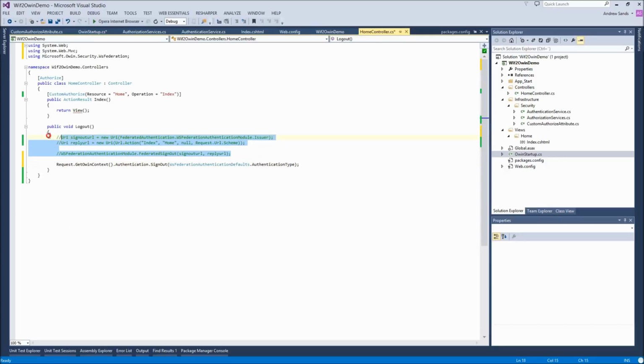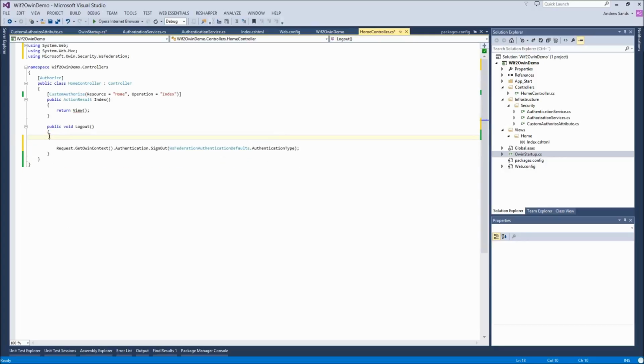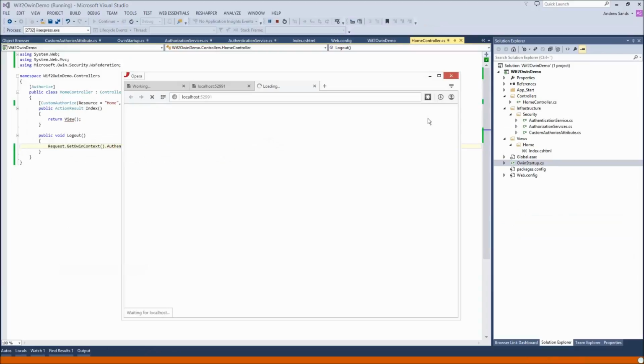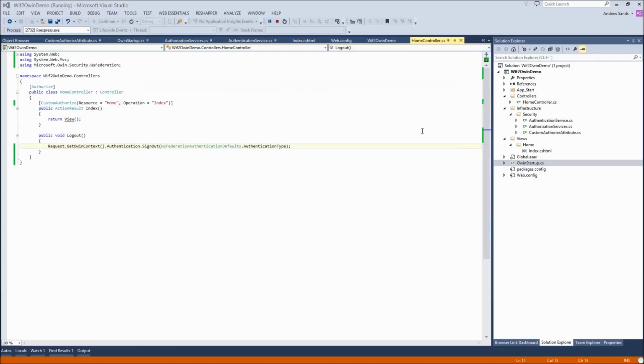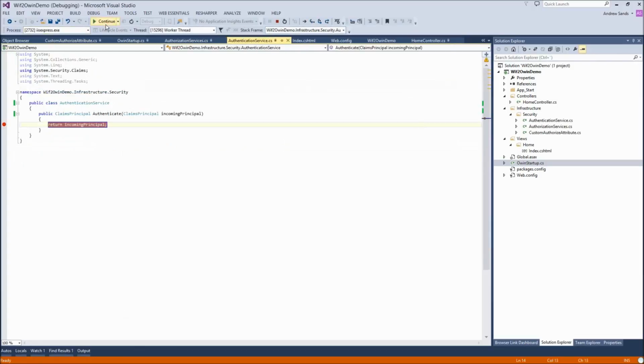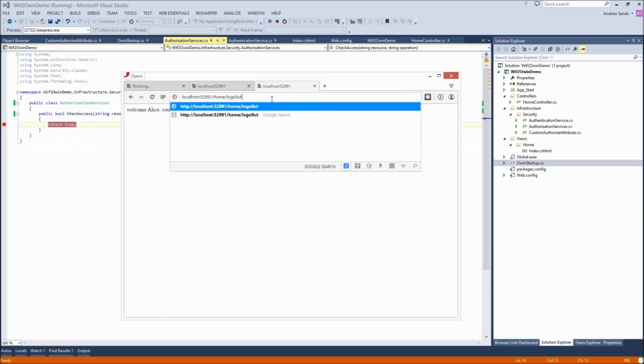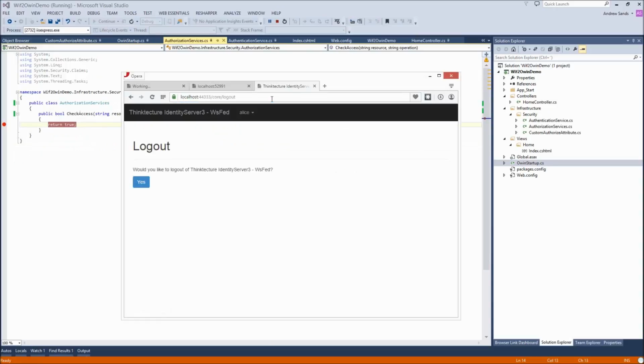Good. I think we'll remove this old zombie code like so. And now when we fire up the app, we are probably still logged in. So authenticate, check access, and we're in. And now we should be able to go to home controller where there's a logout endpoint, like so, and we are logged out,